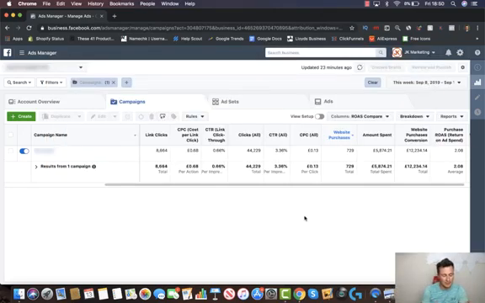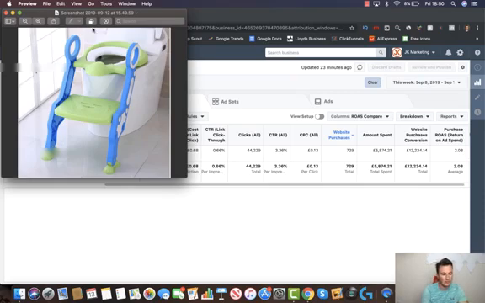So here we are inside my ad manager, and these are going to be the two products that I'm going to be showing you how to run ads for, purely because these are two different styles of products. Number one, this product here is going to be purely demographic based. I'll explain that later on in the video. And then the second product